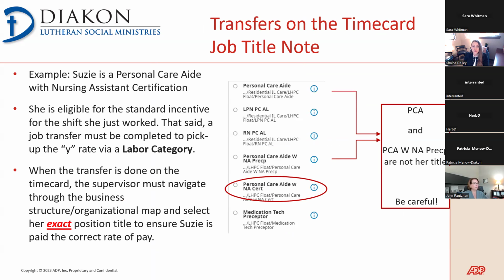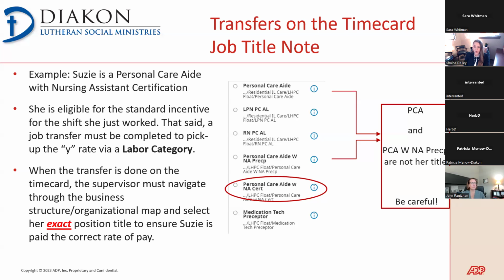In this example, Susie is a personal care aide and she has a nursing assistant certification. She works a shift. She's eligible for the standard nursing incentive. So we would complete a job transfer to pick up that Y rate, which is now housed as a labor category. When the transfer is done, the supervisor or scheduler must be very careful to pick up the exact job